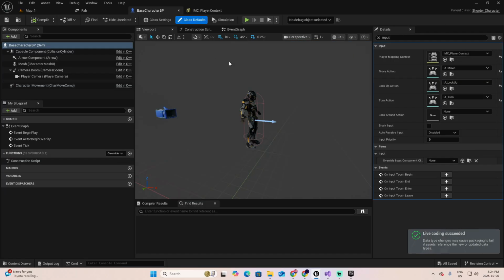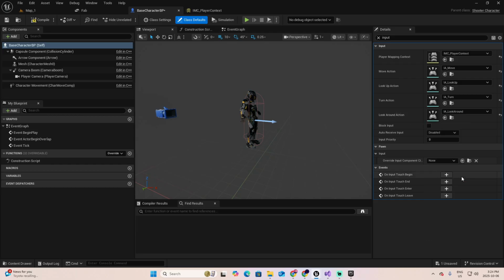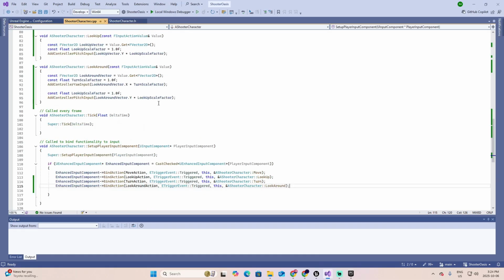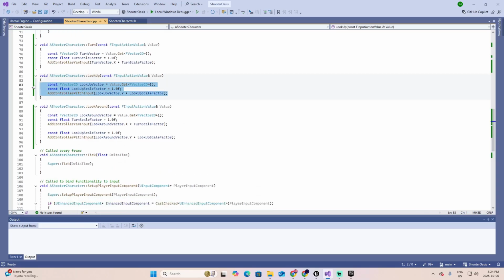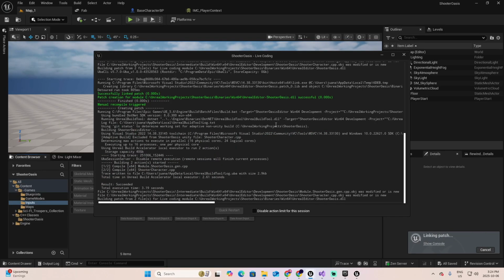Now I open my base character and here's the look around action. We're going to add the action I just created. Compile and save. I'm going back to the implementation file, and just to test this, I'm going to comment out the turn and the look up. So even though there will be code, nothing should happen. Save, back in Unreal, compile,